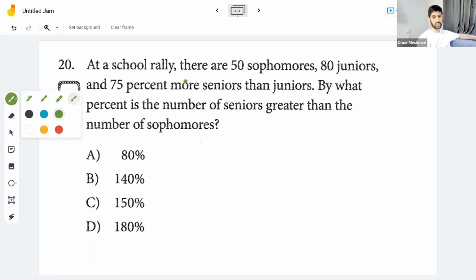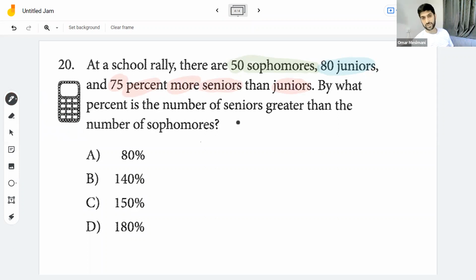In the question, he's saying to you that we have 50 sophomores, as you can see. That's the number of sophomores. Then I have 80 juniors. And then he gave you this information, which is 75% more seniors than juniors. Wait a minute, guys. I told you in the previous lesson, right now I'm adding percent. So the number of juniors that we have is 80. So to calculate the number of seniors,